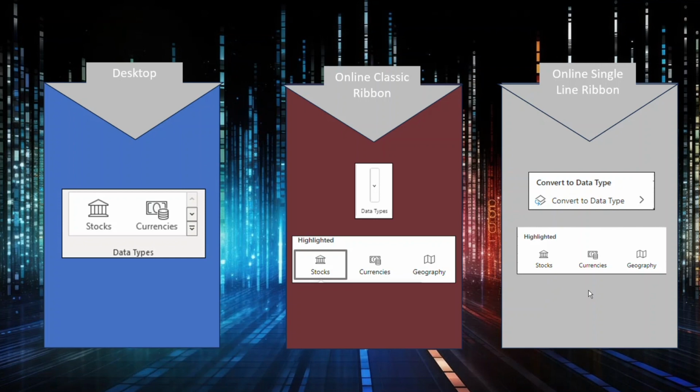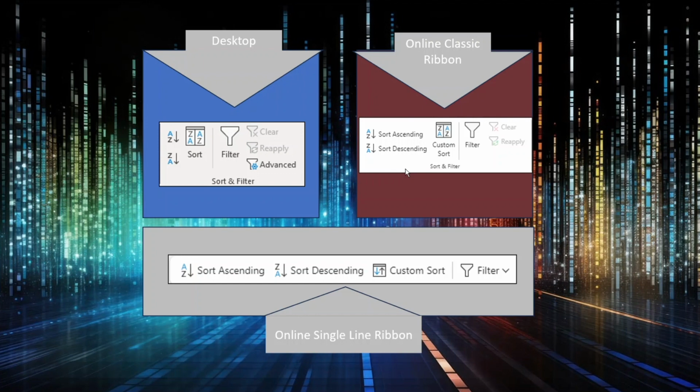just like the other ribbons. If we look at sort and filter with the Online Classic ribbon, we can see that this is almost a direct match, except for that advanced filter. And then when we look at our online single line version, we have the sort ascending, descending, custom sort. And then for the filter, we can again clear and reapply. So the only place that we can find the advanced filter is in the desktop version. But an advanced filter uses criteria ranges, which gives you even more flexibility in finding the information that you're looking